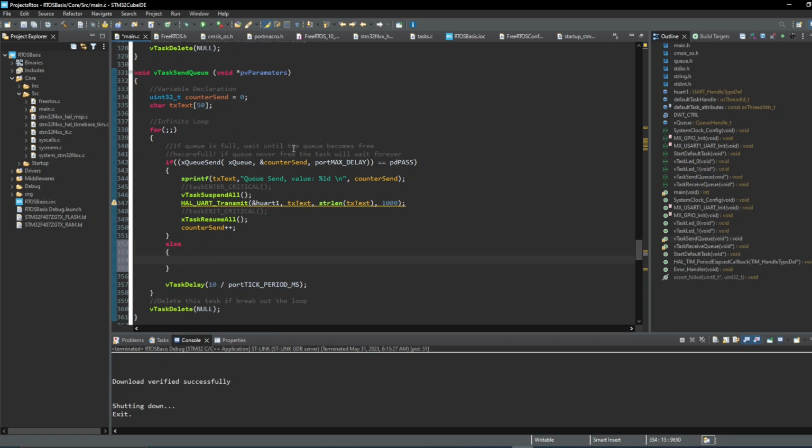So if the queue is full, this task, as I already mentioned before, is not executing until we release some position in the queue, but we have a 10 millisecond delay. So I'm gonna increase the CPU processing time by doing that, but for debugging purposes and for the training right now, it's okay. So I'm gonna basically call here the vTaskSuspendAll,